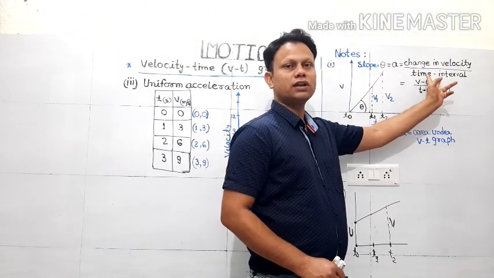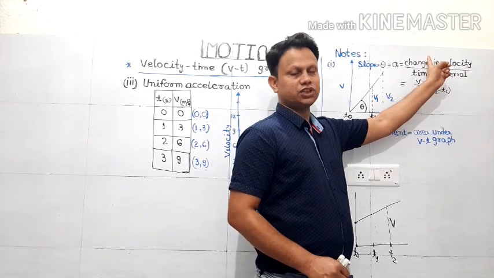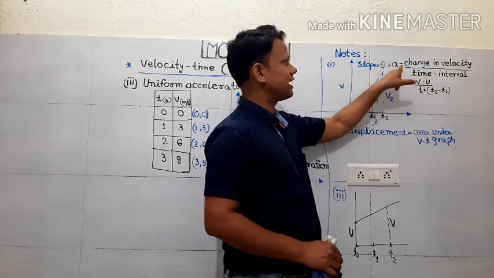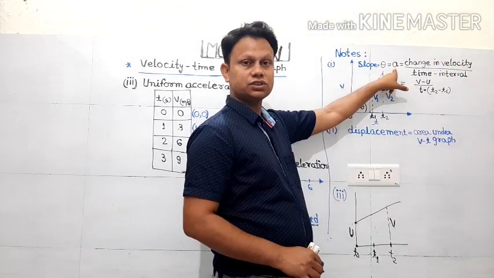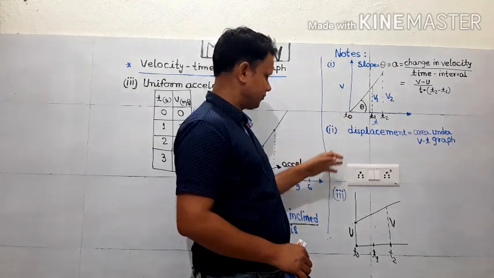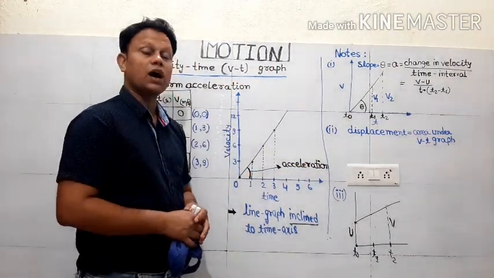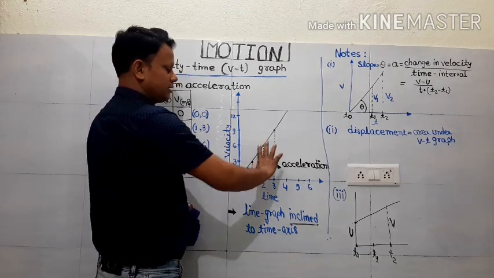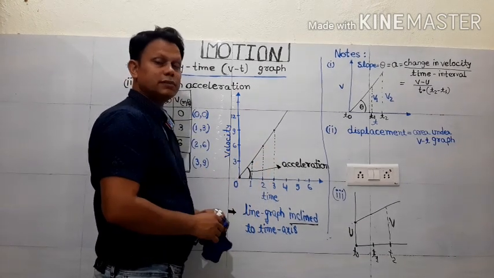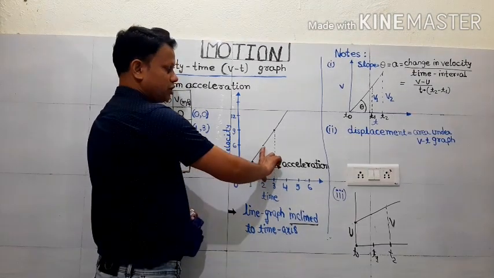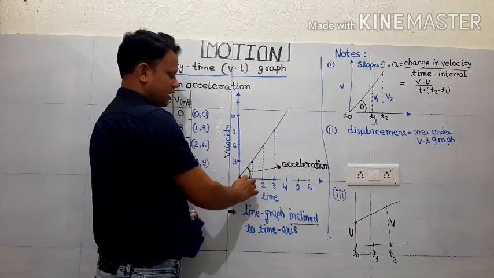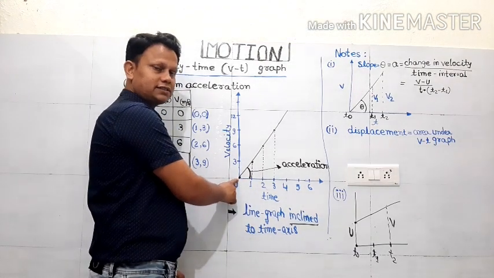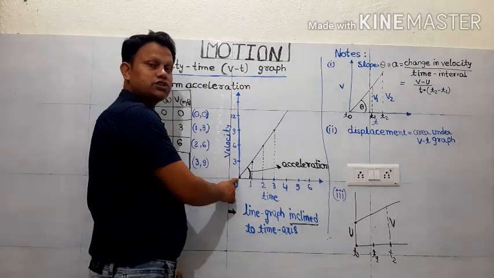interval. Means in what time interval, what is the value of change in magnitude of velocity. So this ratio is known as acceleration, and that acceleration graphically is represented by this angle. How come? So just have a look. This angle is again perpendicular by base mathematically. So this perpendicular is showing final velocity, and since this is the situation of a body at rest, so here the initial velocity is taken 0.